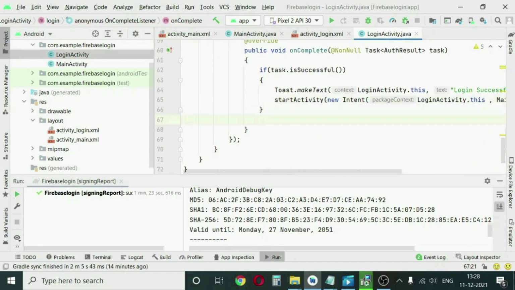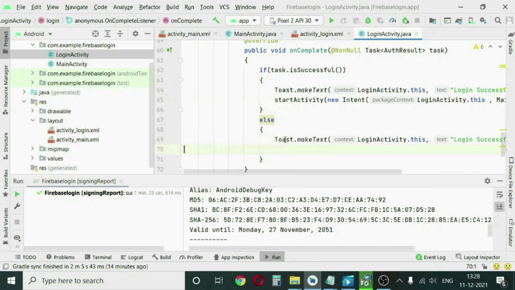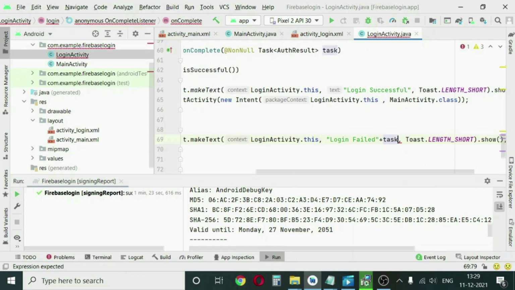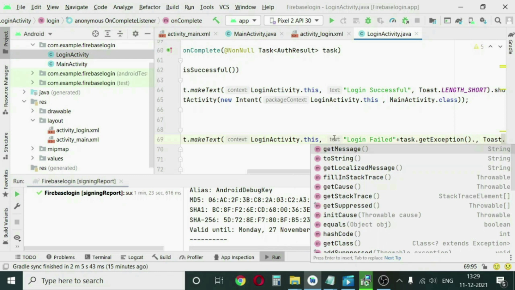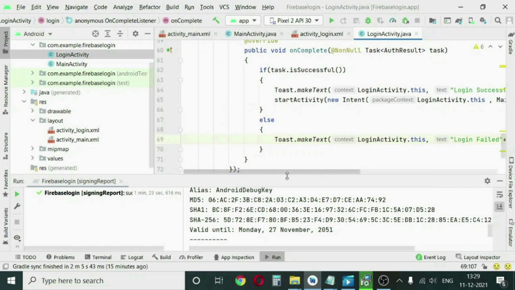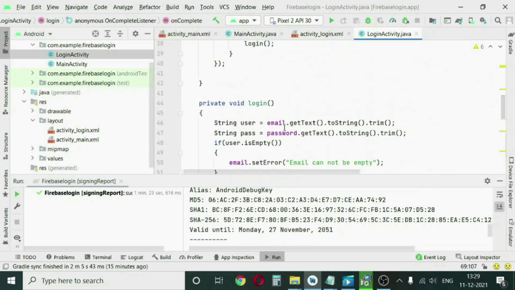Else, if the task is not successful, you just copy the toast here and change the text to "Login failed". Also add along with that plus task.getException().getMessage(). So it will also show the internal error messages along with our message. So our sign in is created.